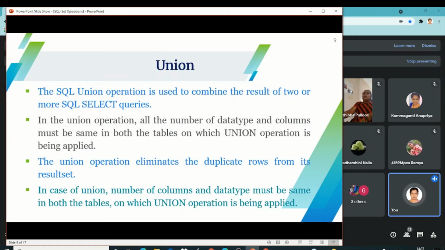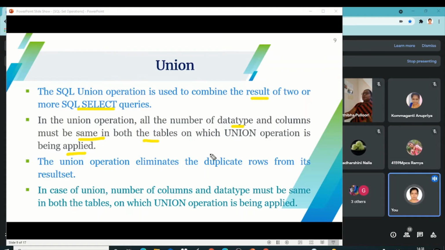First, union. The union operation is used to combine the results of two or more SQL select queries. In the union operation, the number of columns and the data types must be the same in both tables on which the union is applied.